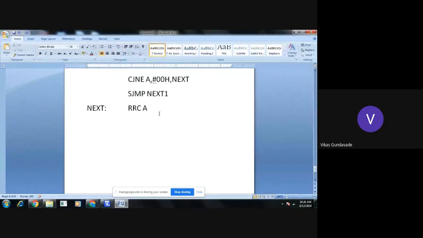Okay, so after rotating it to the carry bit, now here we will check whether the carry is generated or not with the instruction jump if carry to the next 2. We will give it as next 2. Okay. And if suppose the carry is not generated, then we will execute the next instruction. Okay. Now here the carry is not generated, so whatever the number is available, that number is an even number. Okay. Now if we want to access the previous contents, we need to again rotate the content.